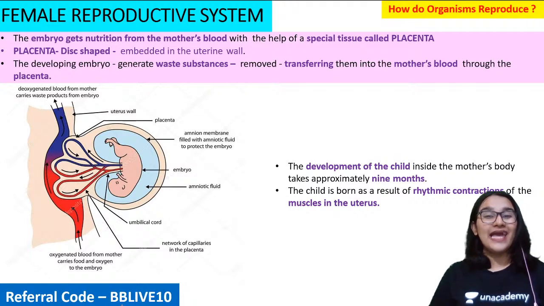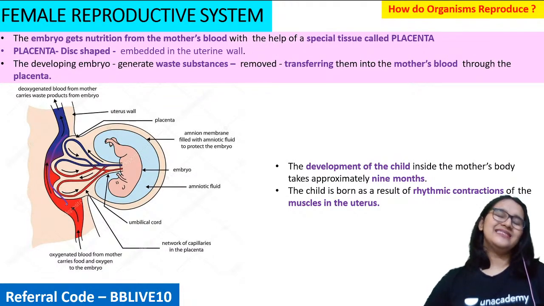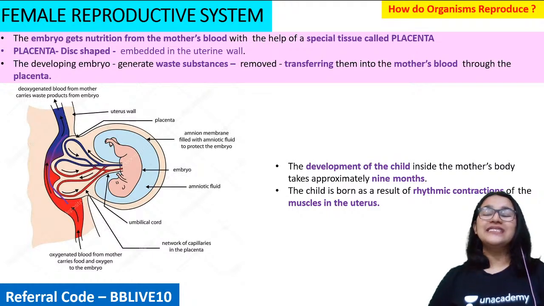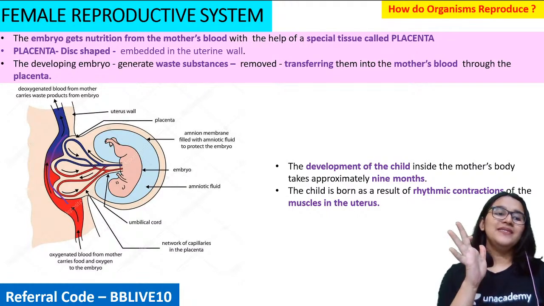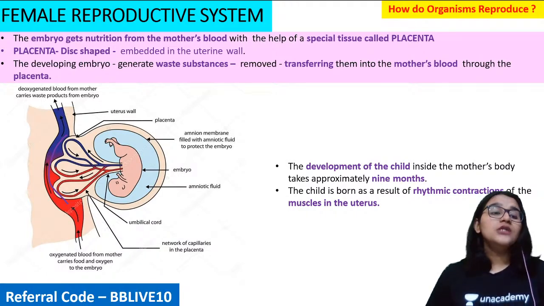So a disc-like special tissue is formed. You can see over here, this disc-like special tissue is called the placenta. And this placenta is embedded in the uterine wall. So what does it exactly do, ma'am? So this is the